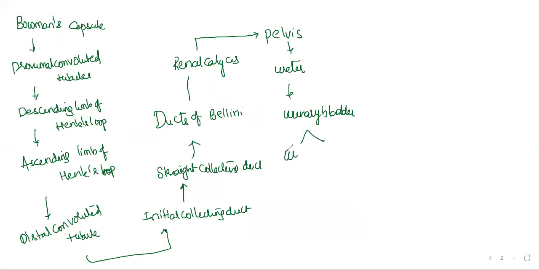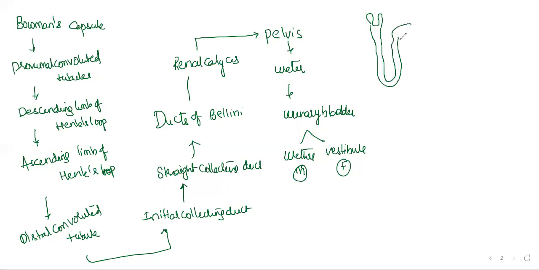If it is male, we can say urethra. If it is female, we call it vestibule. In male, urinogenital aperture, urethra. In female, vestibule. Whatever. That means here, if you see, this is Bowman's capsule, proximal convoluted tubule, descending limb